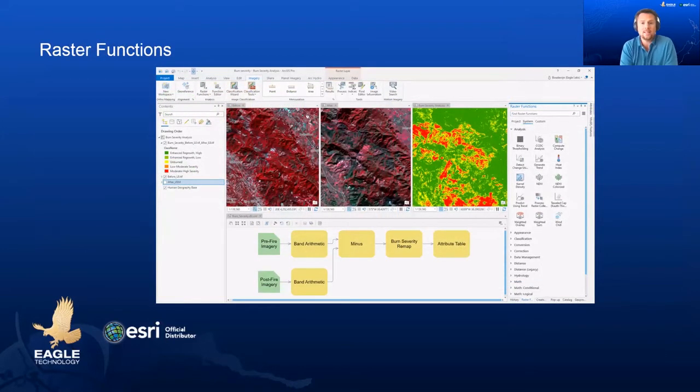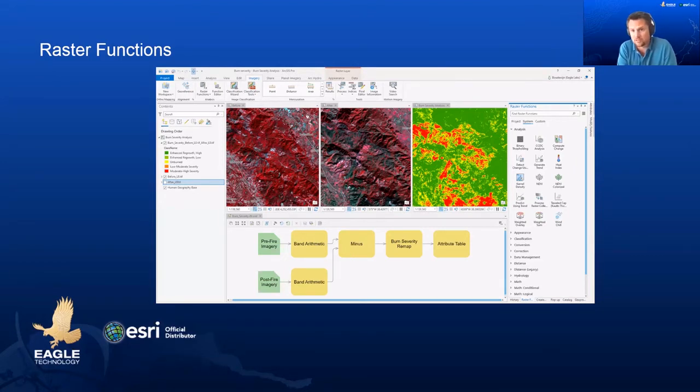In a similar way, you can use Raster function chains to create a chain of analysis tools for Raster data. Currently there are over 160 Raster functions that you can chain together. And you can extend this even further by creating custom Python Raster functions. Here, for example, you can see a calculation of the severity of burned areas from before and after satellite imagery.